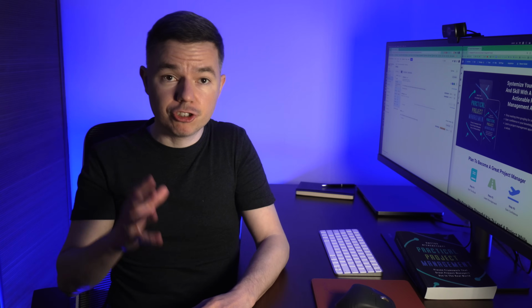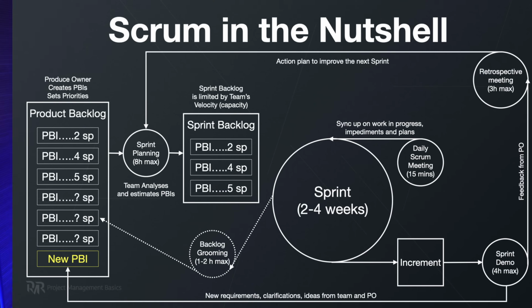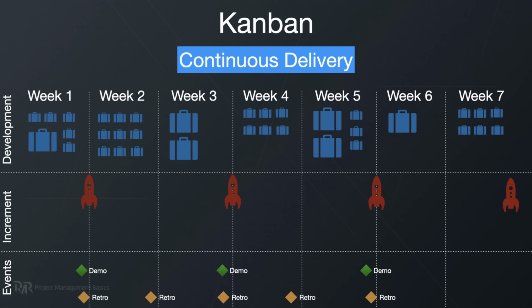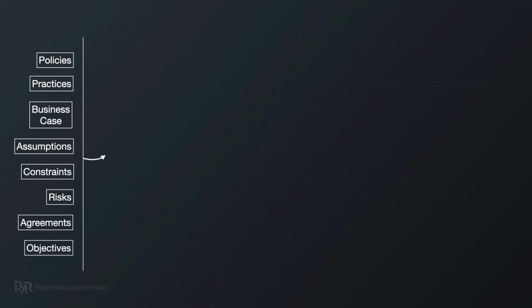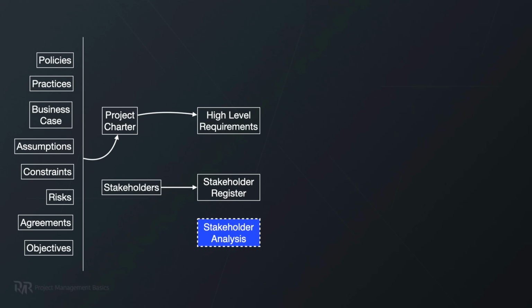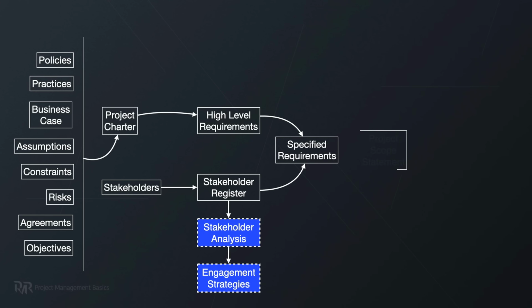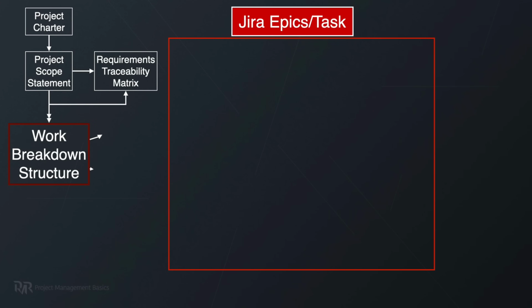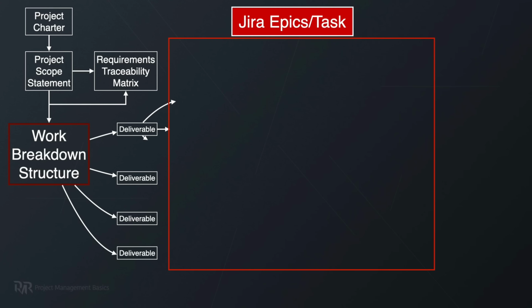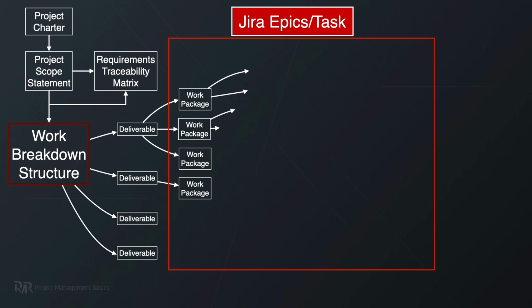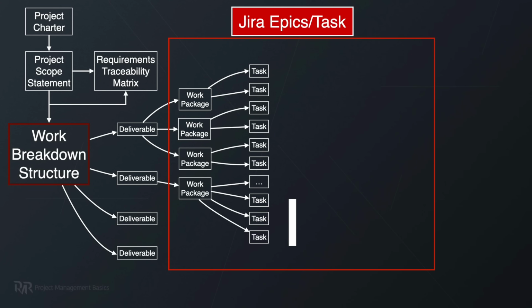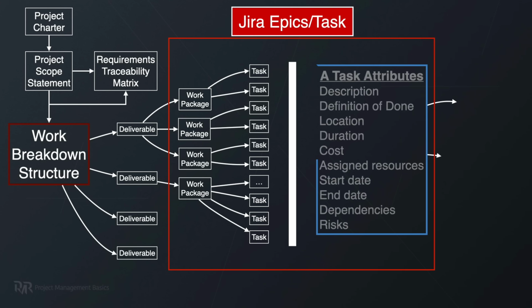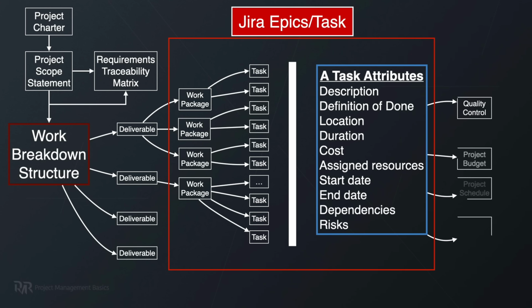First, as I said already, Jira does what you ask it to do. That's why you need to know Scrum and Kanban, because Jira is tailored to these agile frameworks. But second, Jira is just one tool in your whole project management approach. Other aspects like stakeholder and risk management, cost and time management, hiring, and overall project management happen outside of Jira. So now you can try and Google all these processes, tools and techniques on YouTube, and then you need to invent a way to make them work together and transform it into issues in Jira.